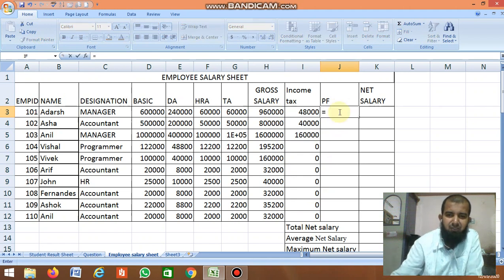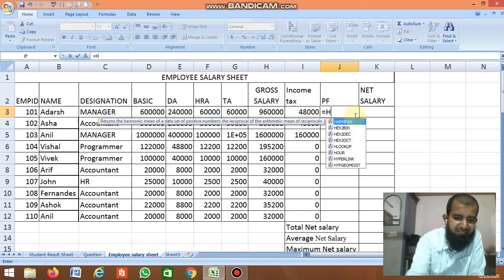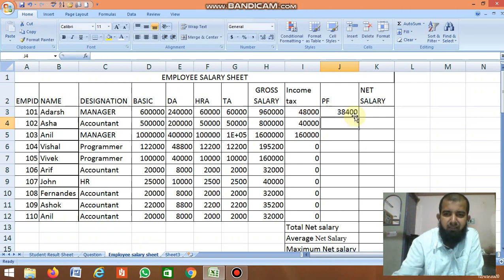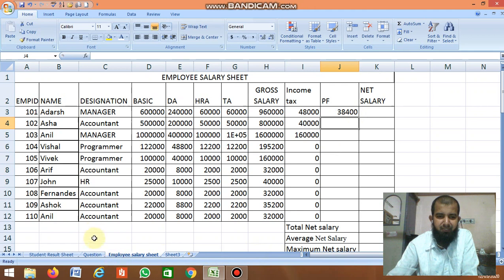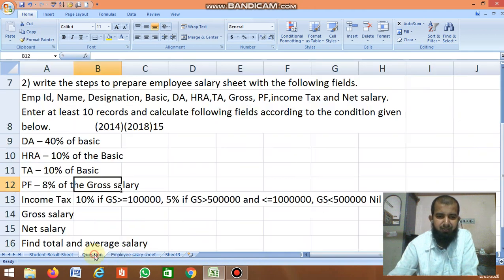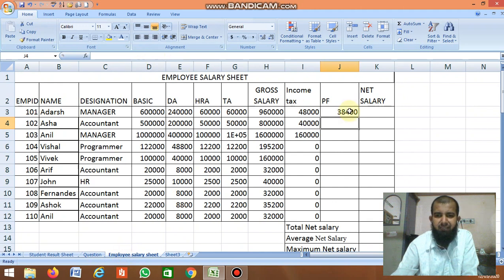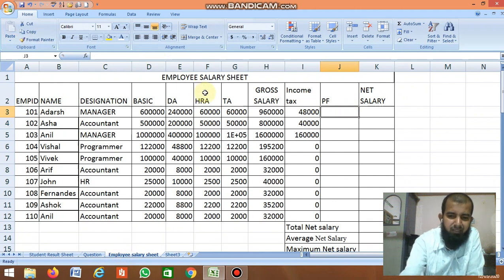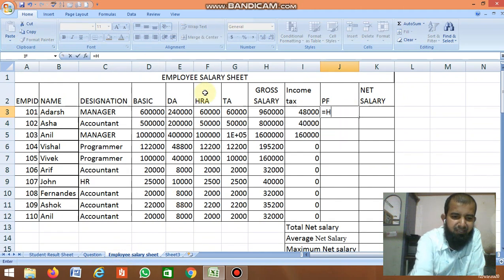Then PF is 4% of gross salary. Gross salary address is H3 into 4%. Then 8%, no? See the question, 8% of the gross salary. So equal to H3 into 8%.